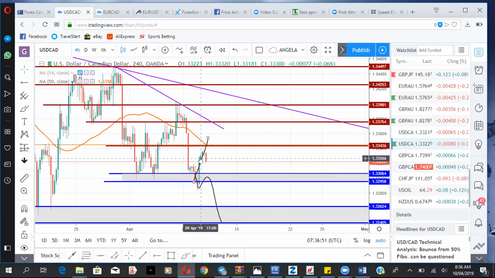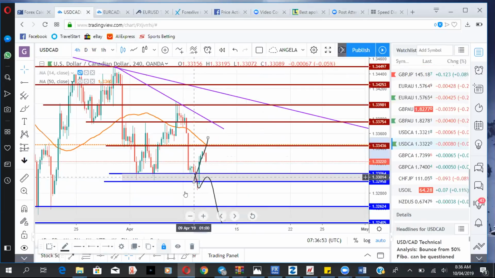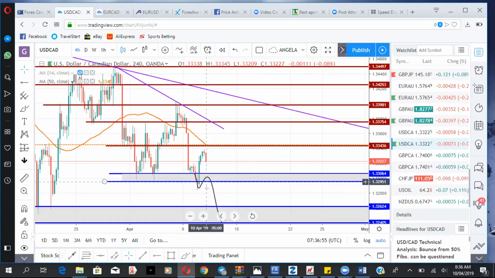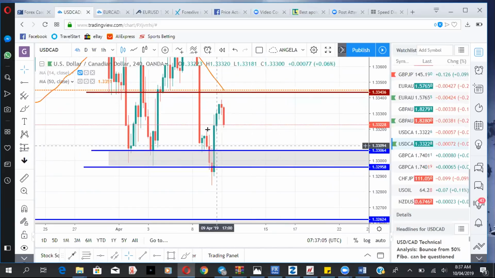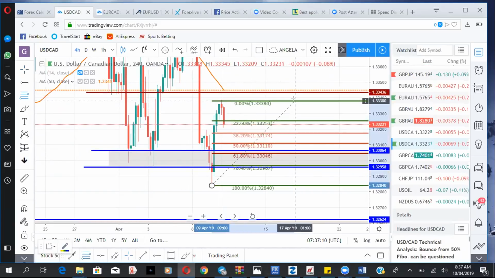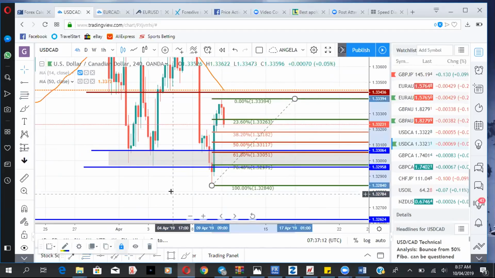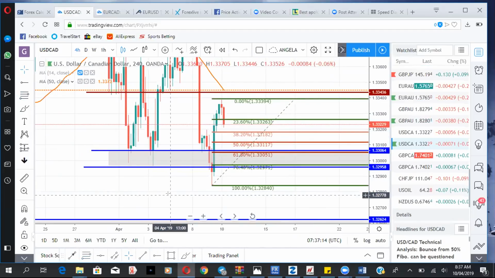As you can see, if price goes into this level, it will move up. If it goes below, wait for a test and sell. So what we may see here is a bit of a correction and a move up. So what you would then do now is this. As this chart is, you take this low, take this high, and plot your fib, and just wait for price action. That's all you just need to do.